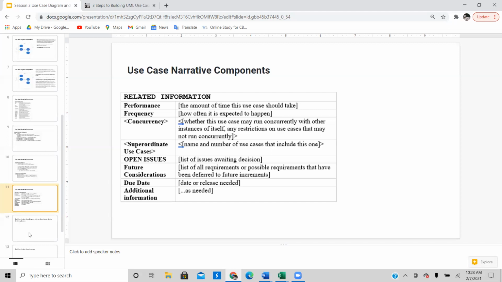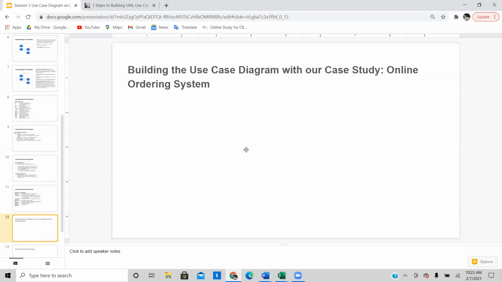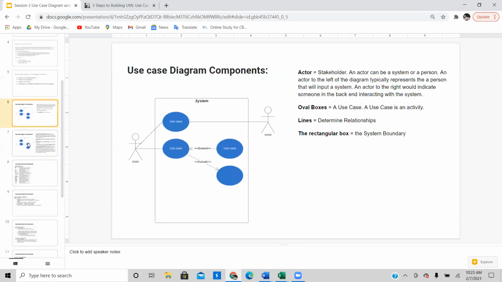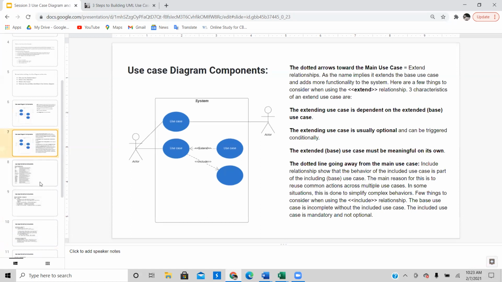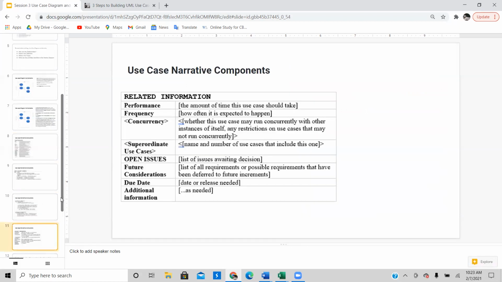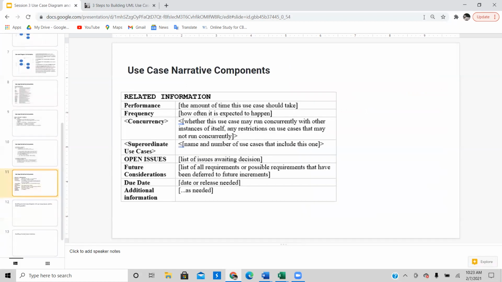All right, so now let's start putting this into practice. We went through mostly what the components of the use case diagram are, and what the different narrative components are. Now let me stop sharing, and before I jump into the case study,